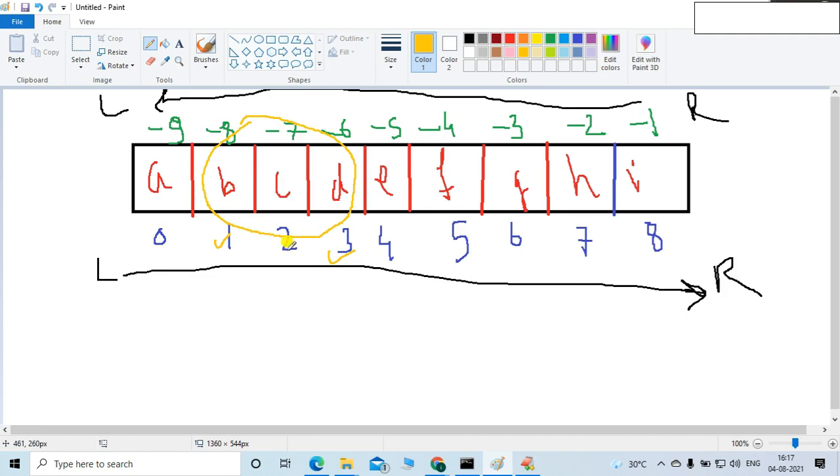So friends, listen carefully. What do I have to take here? Suppose I want BCD, I have to write begin as 1. For B, you have to mention the location 1, and then you have to give the colon. Then D is at the third location, but you have to mention the fourth location, friends. You don't have to mention location number 3. You have to mention the location number 4. Why is it so? Because this will give you the result.